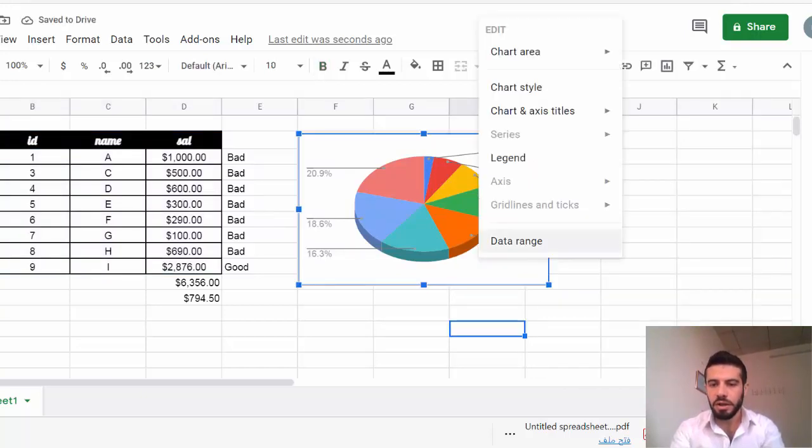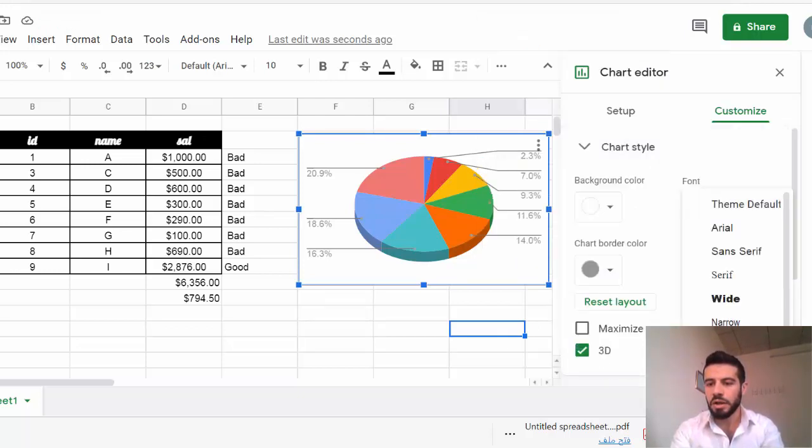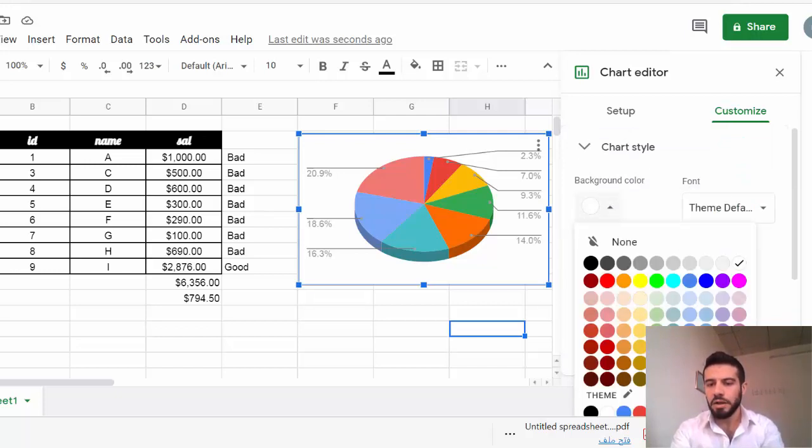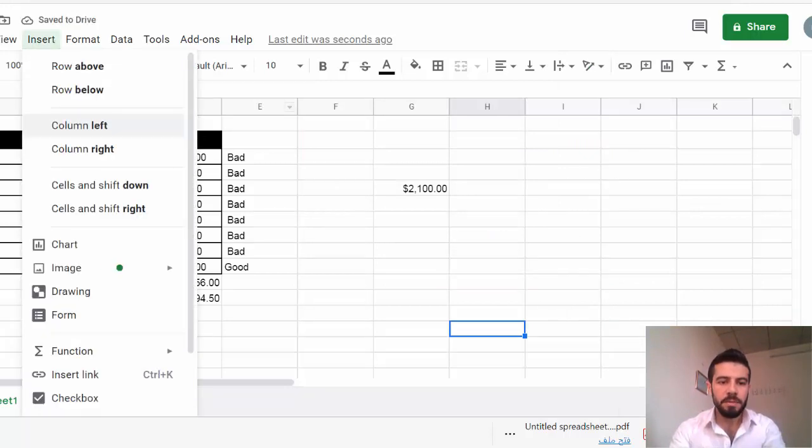You can just right click again and legend. You can work with customizing the chart. For example, working with chart style, you can add another style, another color, and anything just from here. That's about the chart. In the insert, of course, we have image as well, so you can add an image inside